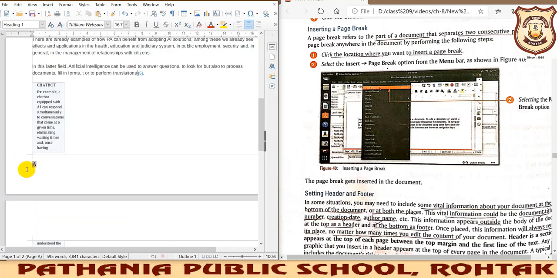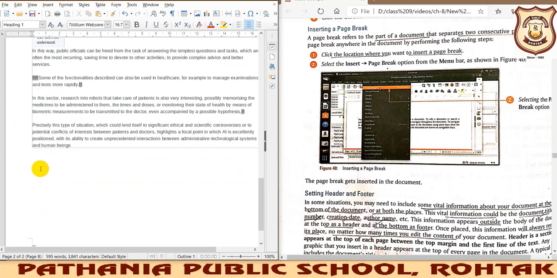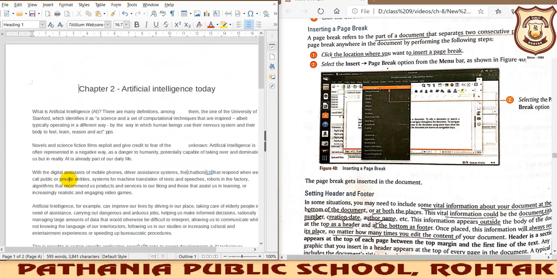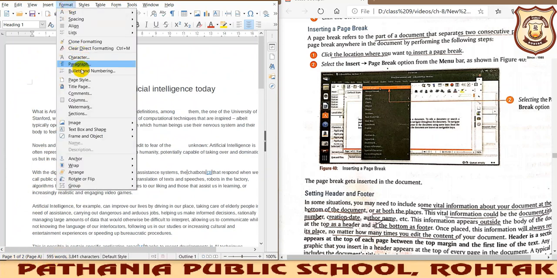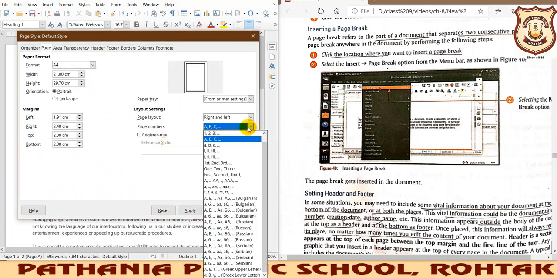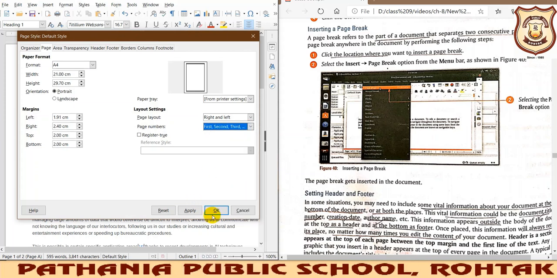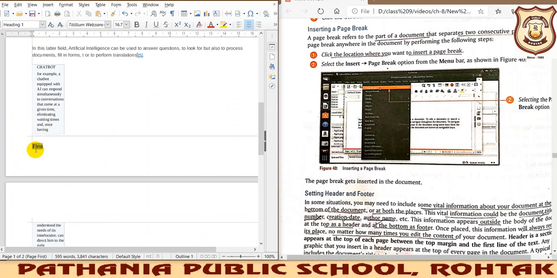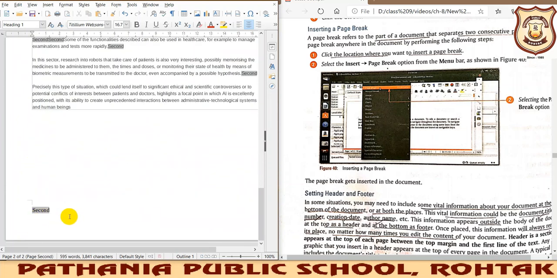You can see this is page number A, this is page number B, and so on. If you have more pages, I was having just 2 pages, you can see here. So it will give page A, page B, and furthermore in the format tab, again I'm opening the page style dialog box. If you want to change, like you want 1 2 3, your first, second, third like this, click on OK, and you will see the page number first and page number second. This way it will come.